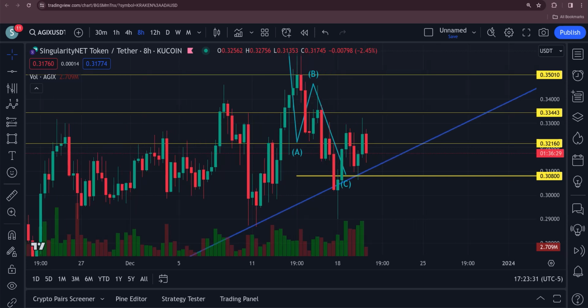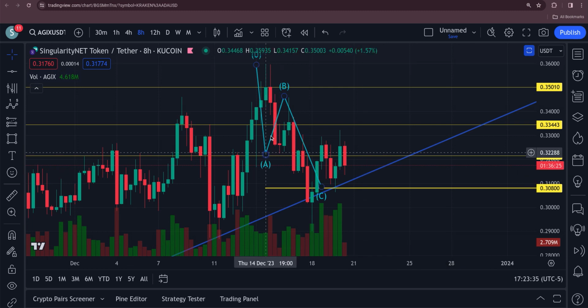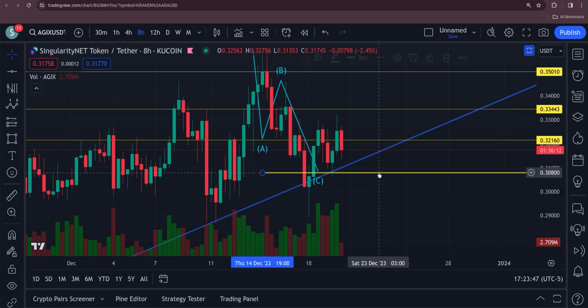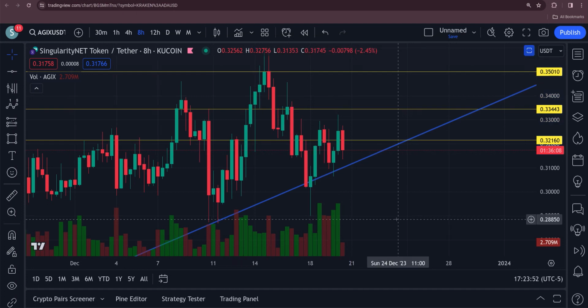Singularity Net. Last time we were here, we talked about an ABC coming in. Okay, it obviously ended up coming in and pulling down. I had a target here of 0.30, right around 30 cents. It dropped down to about 29, so kind of missed it by a penny. I apologize there, but let's take a look here because it looks like this thing is about ready to start